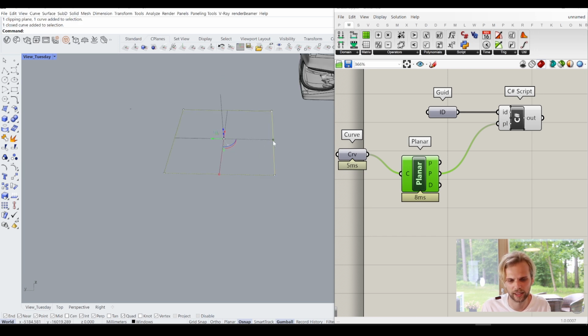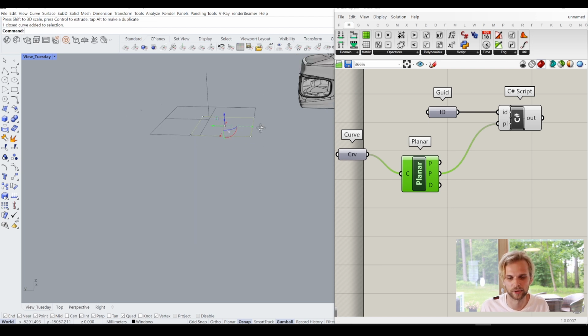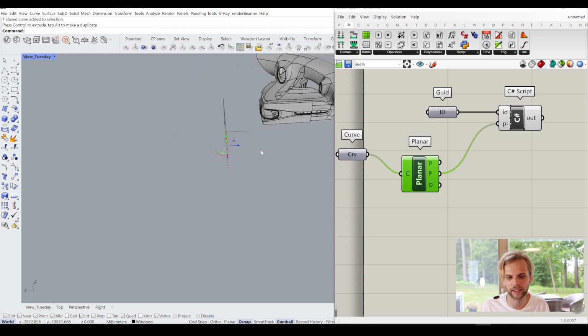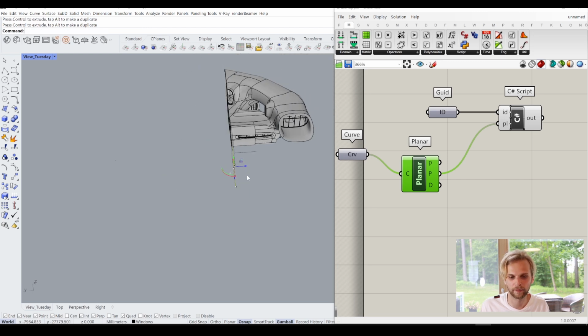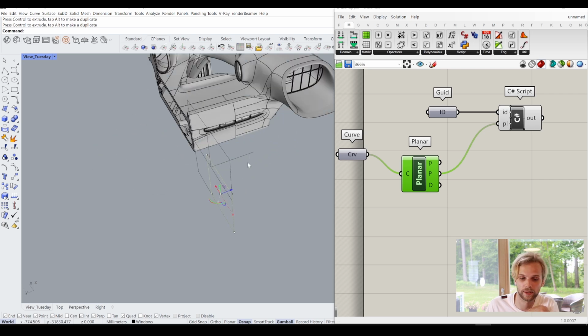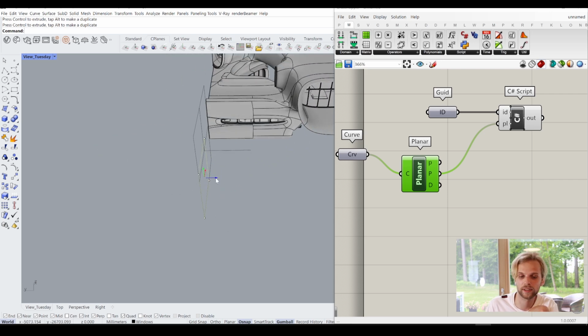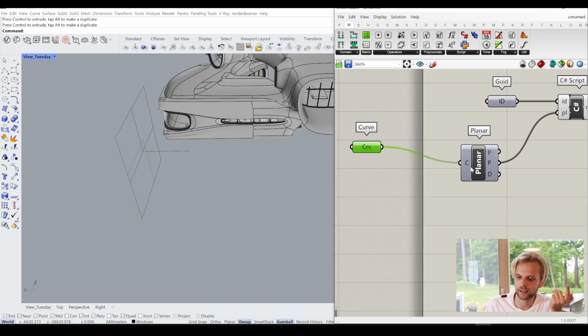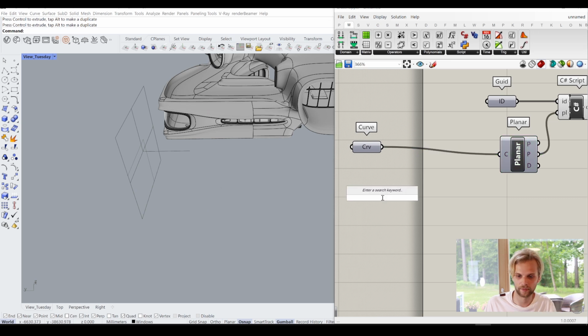And also I kind of want to make the rectangle a bit smaller. There we go. Just so that we don't accidentally move the clipping plane. So now, if I rotate and move the rectangle around, you can see that the clipping plane will move with the rectangle, which is good. That means they are connected. Which means that if I move this curve, right? For instance, move the curve in